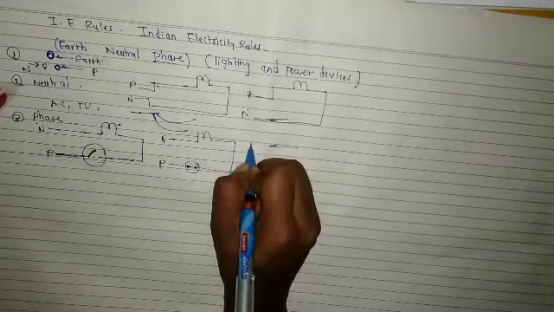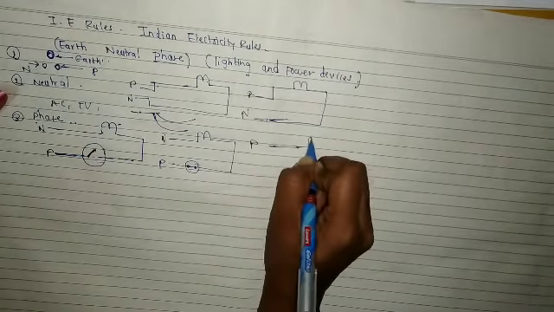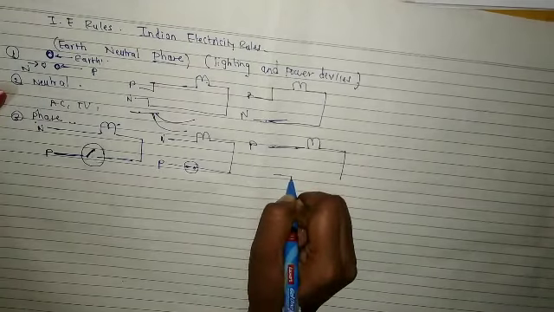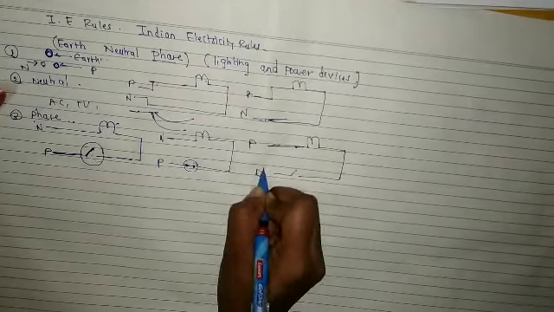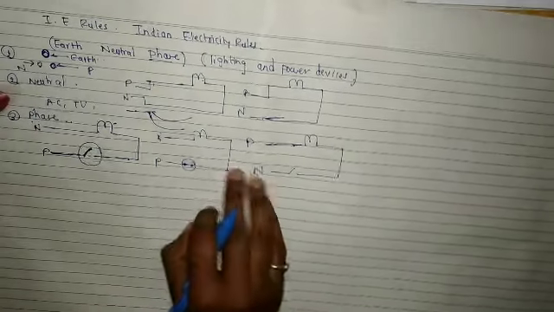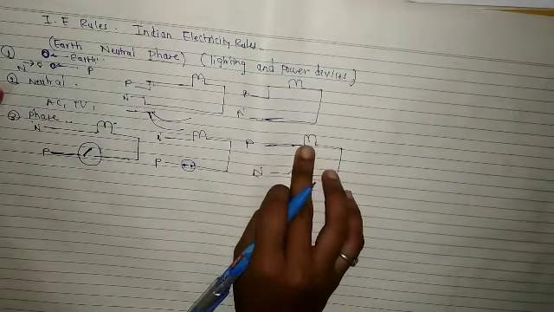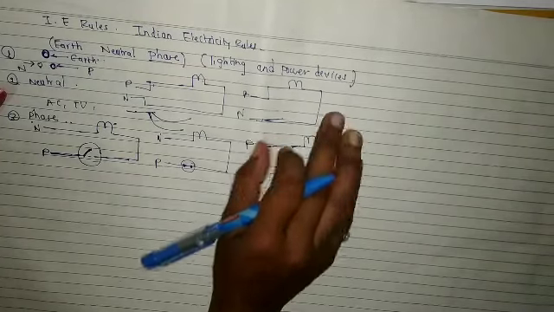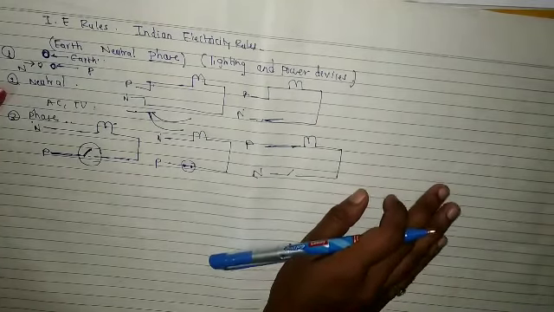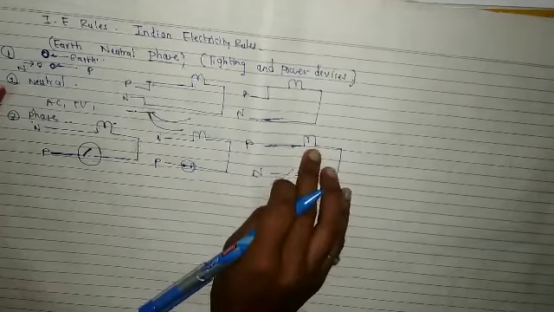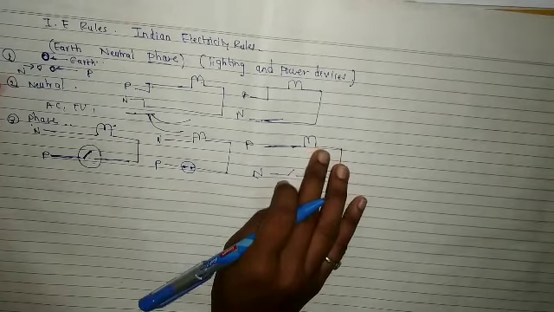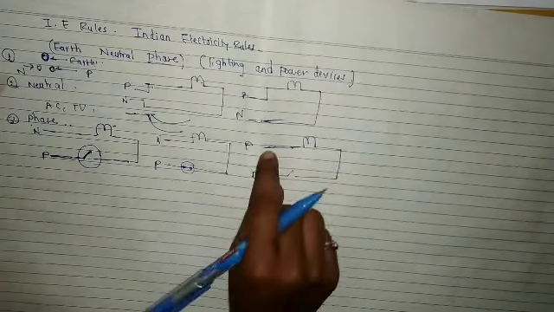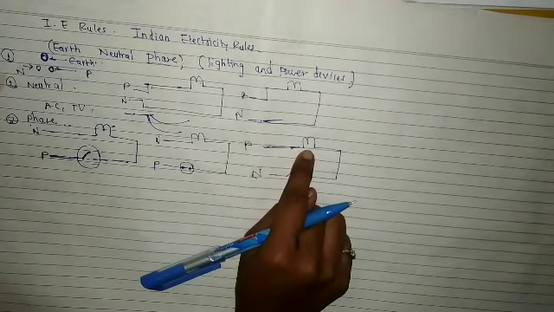Then what will happen? This is the phase wire, and I have given the phase wire directly to my appliance, and this is my switch, and this is neutral. Now the phase wire is directly attached to our appliance, but the circuit is off. Now this bulb will not glow, right? But even if this bulb is not glowing, if we touch this bulb, we'll get a shock. Why? Because the phase wire is directly attached to this.